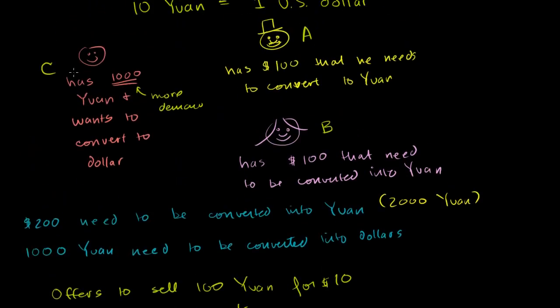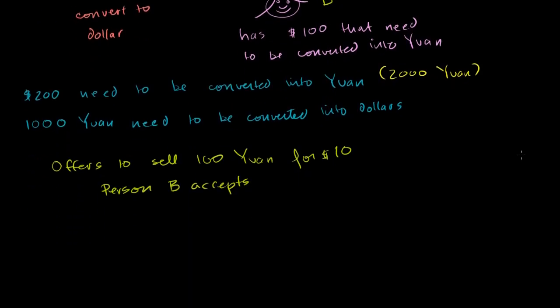So two things happen just then. One is person C says, wow, that was pretty fast. Someone was very willing to take it for 10 won per US dollar. And then this guy goes, my God, I need to convert my money into won, but I wasn't able to. Someone else beat me to the punch. So this guy over here is not an idiot. He's like, hey, maybe people are willing to give me more dollars per won. So let's say this guy in orange then offers